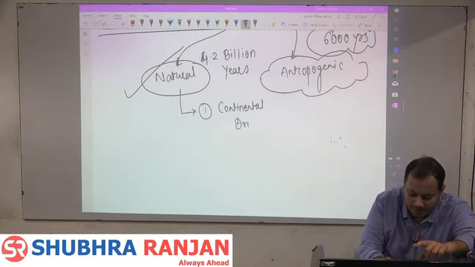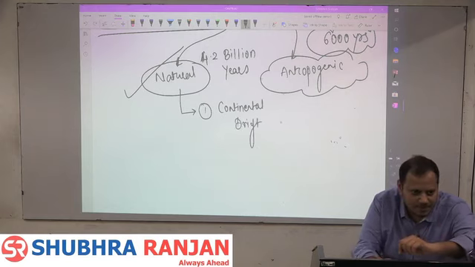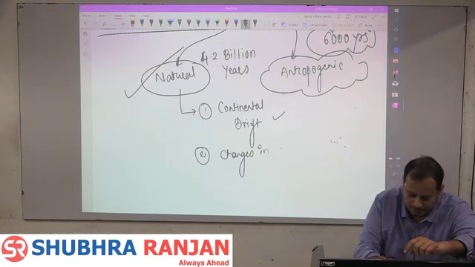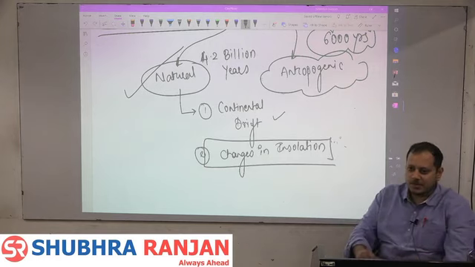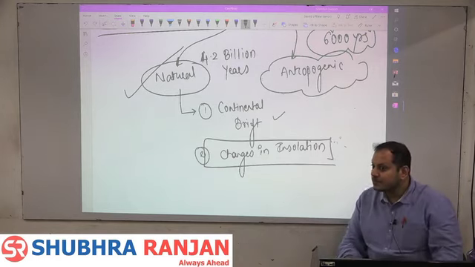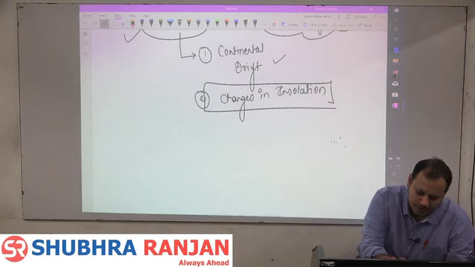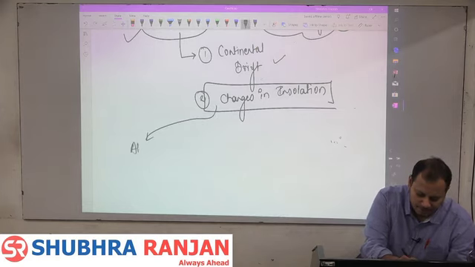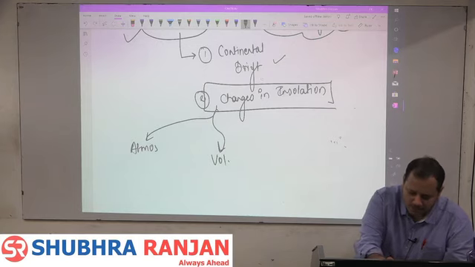continental drift. Does it cause climate change? Continental drift. Fine. Second is changes in insolation. Why will there be changes in the insolation? Changes in the insolation can be because of the change in the atmosphere, or it can be due to volcanic eruptions, or it can be due to change in the